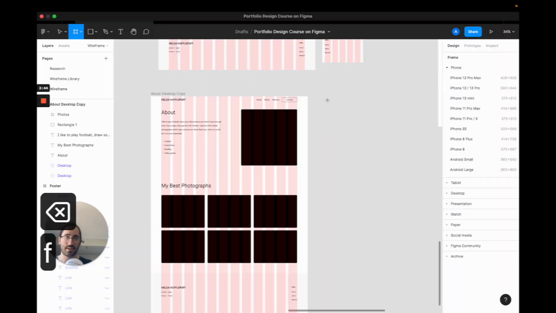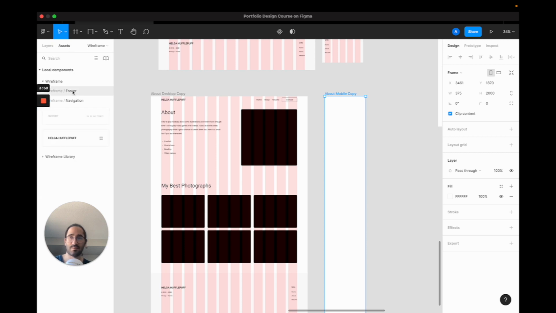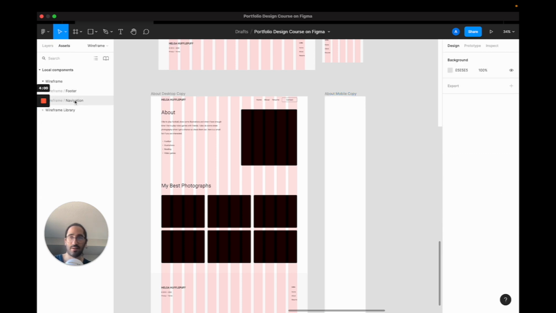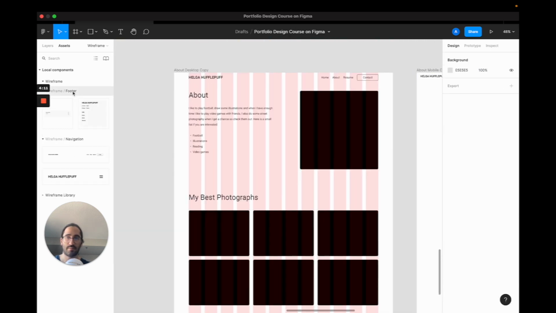I am gonna press F, then I'm gonna pick iPhone 13 mini, and I'm gonna title this as About Mobile Copy, and I want it to have a height like 2000. And I'm gonna do the same process. I'm gonna go over to our components in the assets. I'm gonna pick our navigation first, and I'm gonna pick the mobile, and I'm gonna make 0, 0 here, and then I'm gonna pick the footer as well for the mobile,